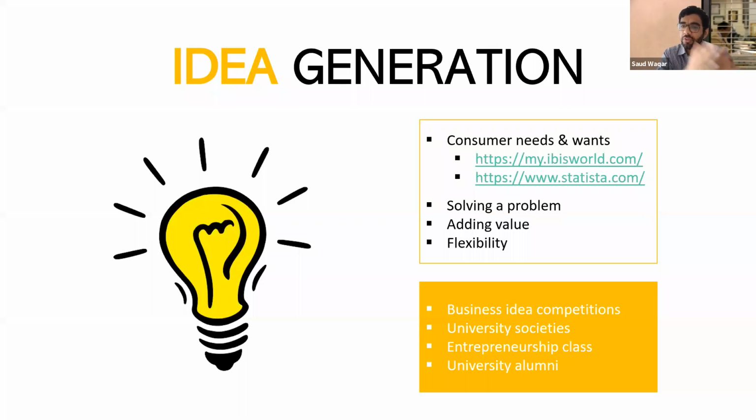So we transitioned away from the machine and towards apricots themselves. And we started selling apricots. So we were flexible in our idea. We took a look at the market and we adapted our idea accordingly. I think that's a really important characteristic when you're talking about your idea and as entrepreneurs as a whole. So that's a bit about idea generation. Now, apart from the industry research where you can get ideas, a lot of universities, a lot of countries have business idea competitions.